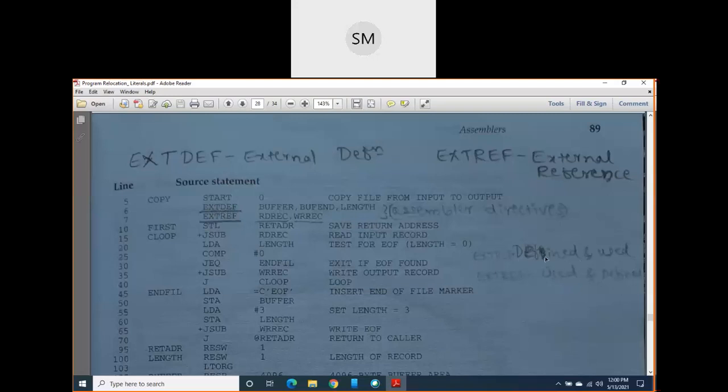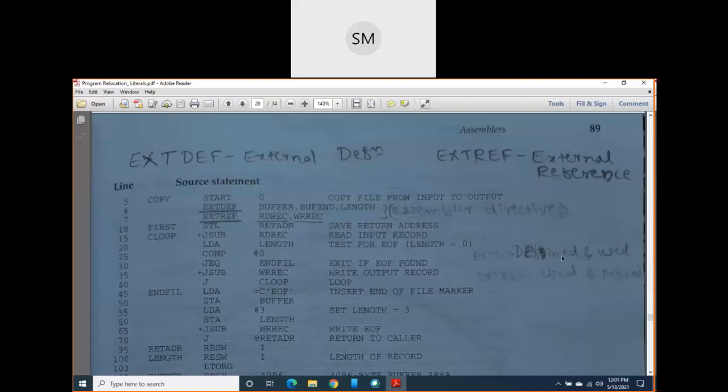External definition is nothing but, as its name itself says, defined. First, the symbols are defined in the present or current control section, and those symbols you have defined are used by some other control sections, that's all.